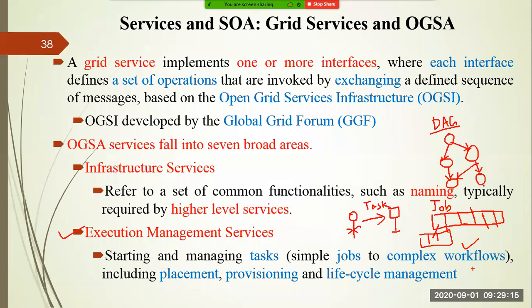This directed acyclic graph you can also call a workflow. So you know that until this first root task completes, you cannot start the work of these two tasks. Once the root task is completed, these two tasks can be run in parallel. Once these two tasks are completed, then only can you execute this task. For example, if this task is completed, then you can start this task. But if this task is completed and this is not completed, then you cannot start this particular task, because this task is dependent on two tasks: this particular task and this particular task. Until these two are completed, you cannot start another task.